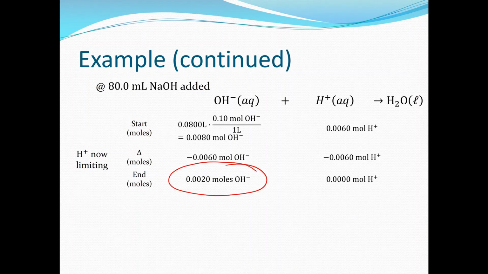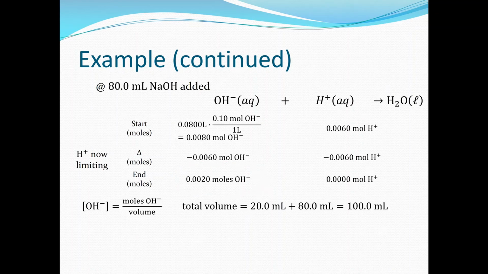You should be able to tell pretty quickly that that means I'm going to have a high pH, right? I'm going to have a basic solution. I have excess hydroxide, and so it's going to be higher than 7. Okay, so in order to figure out what that actually is, I need to take those moles of excess hydroxide divided by total volume. My total volume now was the 20 milliliters I started with, the 80 milliliters that I added to it to give me 100 milliliters total. And so if I take my 0.002 moles of the hydroxide, divide by my 100 milliliters in liters,